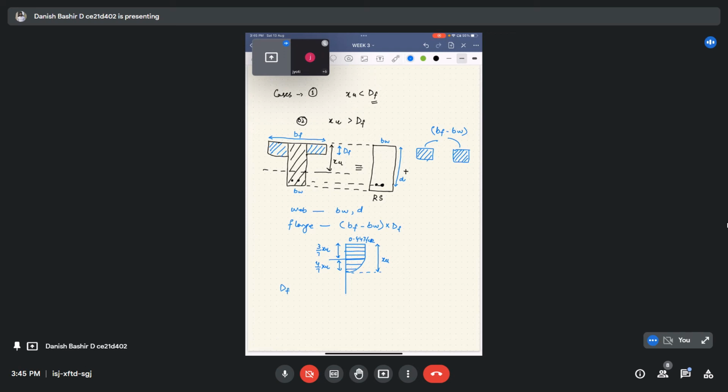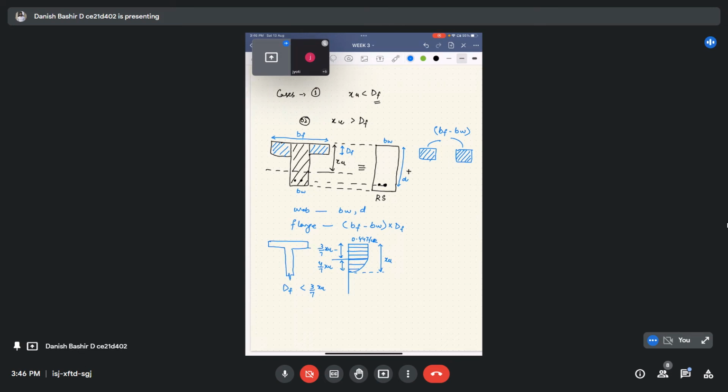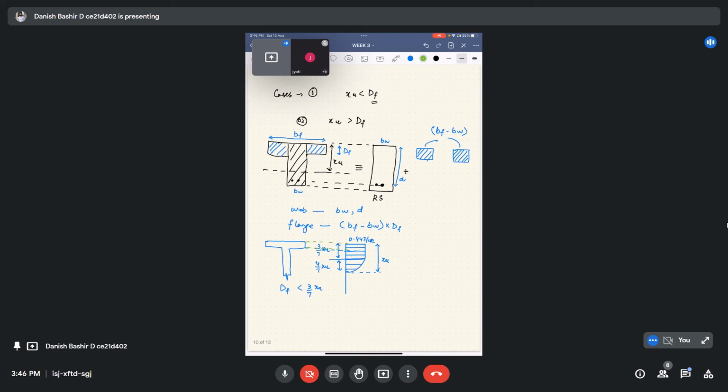If the depth of the flange DF is less than 3 by 7 XU, we can see it from here. If I draw the T section like here, it is continuous from this side to the blue point. If I extend it like this, here it is uniformly stressed. Our T section will be uniformly stressed with a stress of 0.447 FCK. This condition arises when DF is less than 3 by 7 XU, and in that we have no problem in